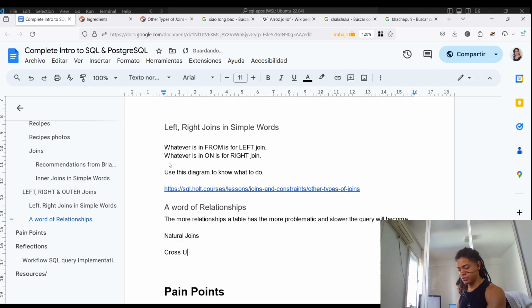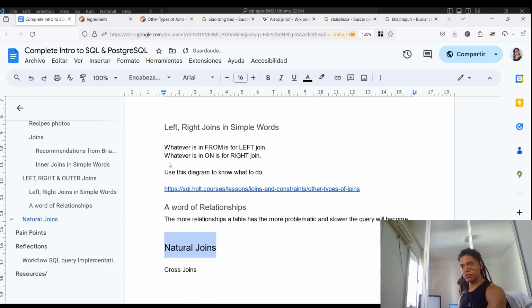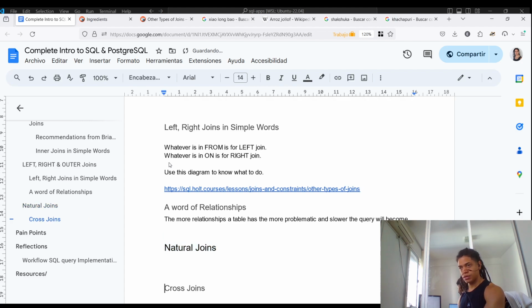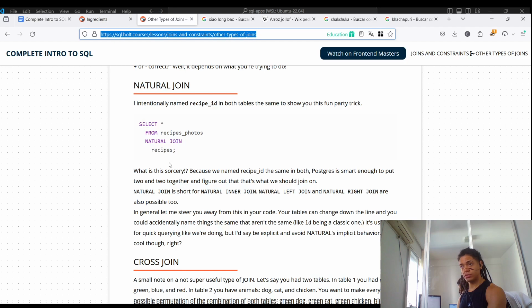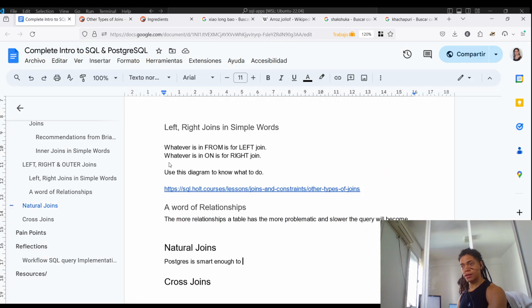Natural join and cross join. Okay, natural join. And the other is a cross join. Postgres is smart enough to join tables. Exactly. Postgres is smart enough to figure out what to join